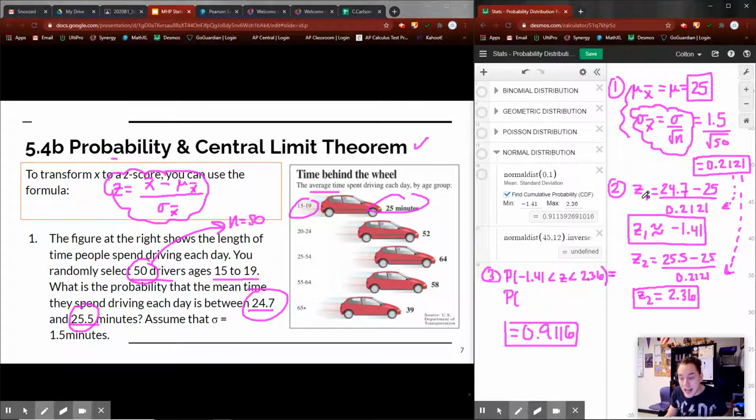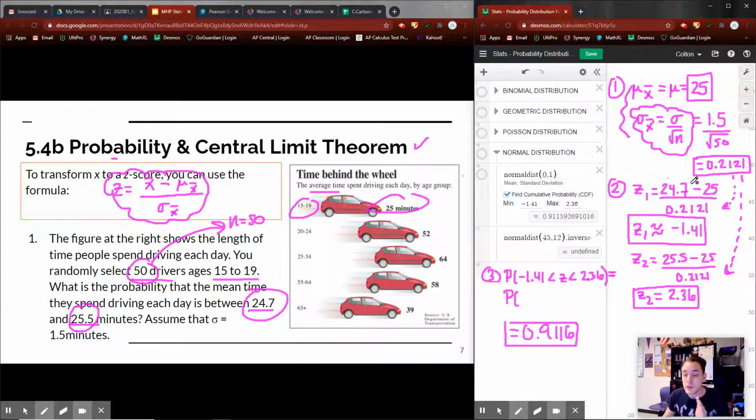Okay, what does that mean? Since this is greater than 50, I already know that the sample means are going to be normally distributed. Okay, it's just not standardized. It's not a standard normally distributed or a standard normal curve. Okay, so it's not a standardized normally distributed graph. It's just a normally distributed graph based on the central limit theorem because it's greater than 30. These 50 is greater than 30. All right, now